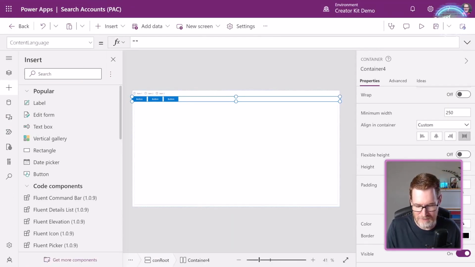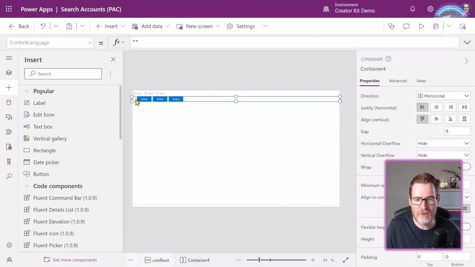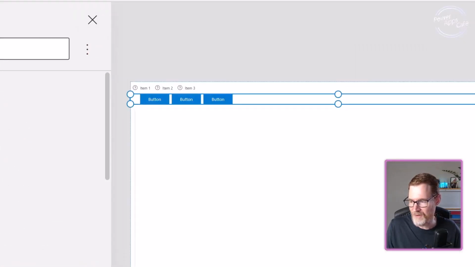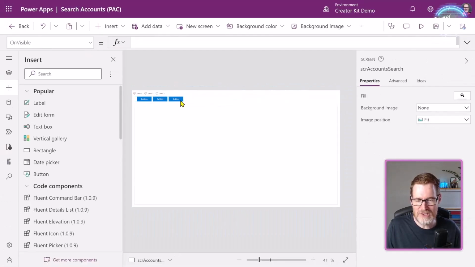So I'm going to add in 32 top and bottom. Actually, no, not top and bottom, because that's just going to make it too high. I'm going to put in 32 left and right padding. So you can see now we've got 32 pixels on the right and 32 pixels on the left, which makes it much easier to lay out.